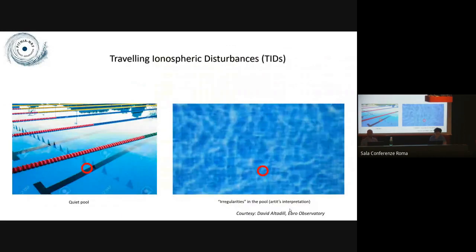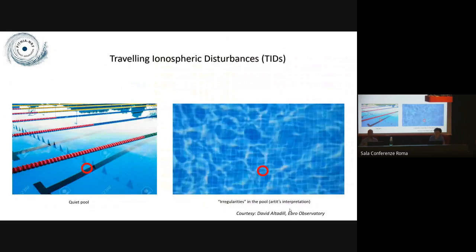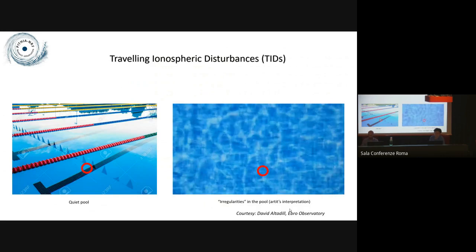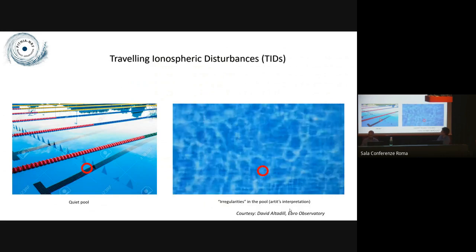Now, the second part of this talk has to do with traveling ionospheric disturbances. This is a simplified view of what traveling ionospheric disturbances look like in the ionosphere. This is a simulation. If you consider a pool, this is the water in the white pool, but if you look closer, there is always something going on. There is always a movement, and these are the waves that we see in the ionosphere as medium-scale